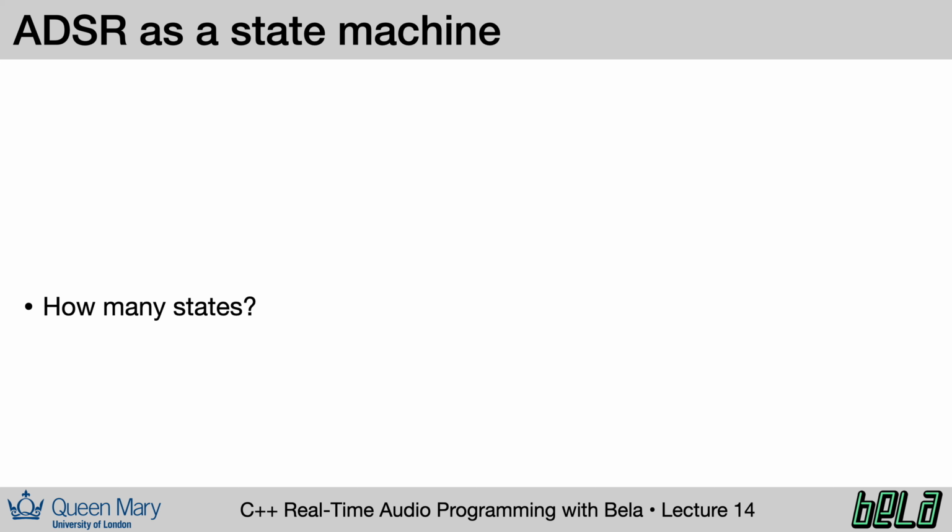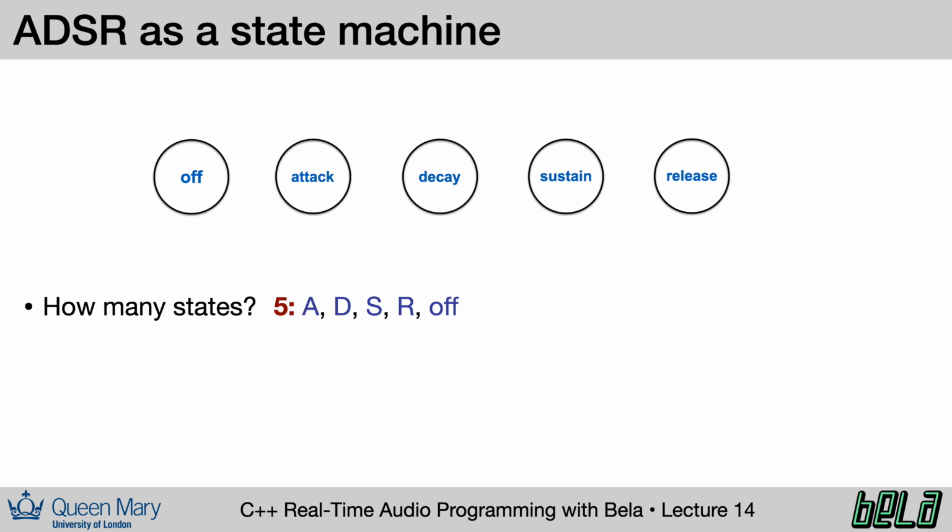Let's now look at how we can implement an ADSR as a state machine. First of all, how many states do we need? The answer isn't 4, but rather 5. We need states for attack, decay, sustain, and release, but we also need an off state in between instances of the envelope. Now, which transitions should be